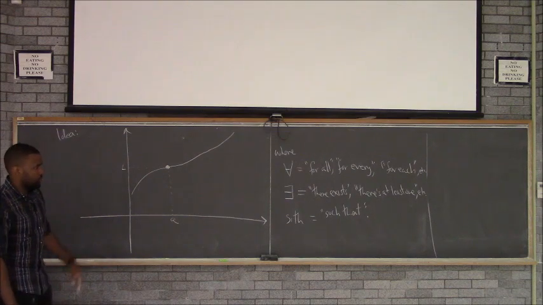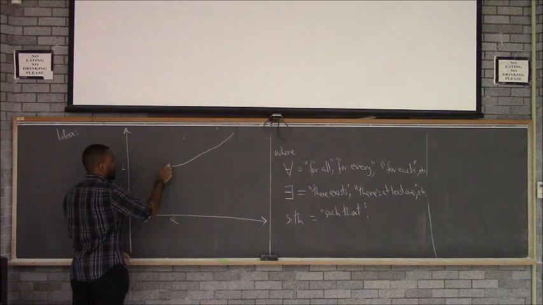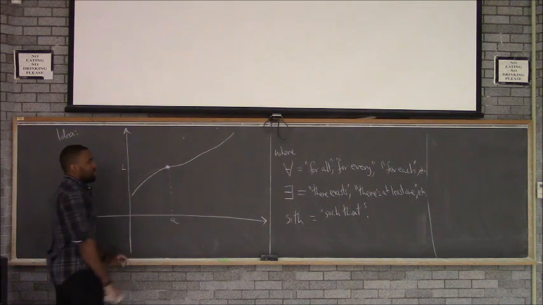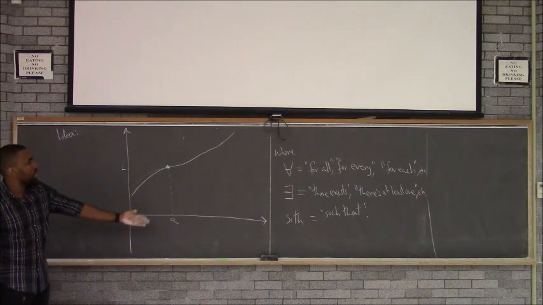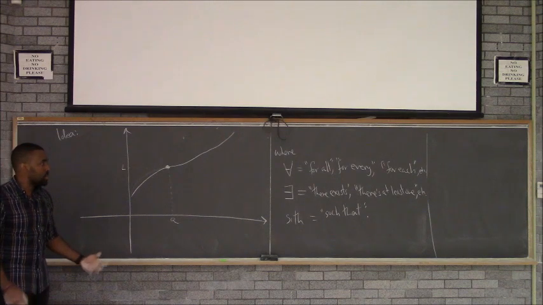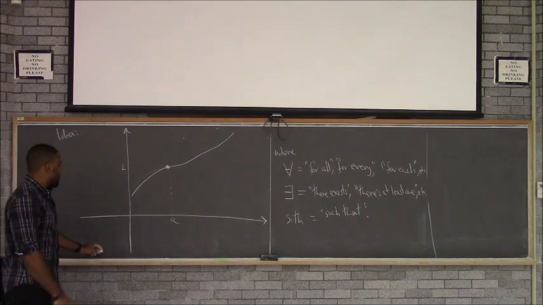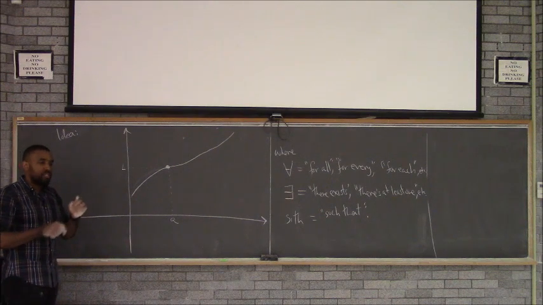Now just by looking at this picture, we have the idea that the limit as I approach A is going to be L. As I get close here, it's going to get close there. But what does that actually mean? Basically, what someone is going to say is that being close to L means it has to be a distance of epsilon away.